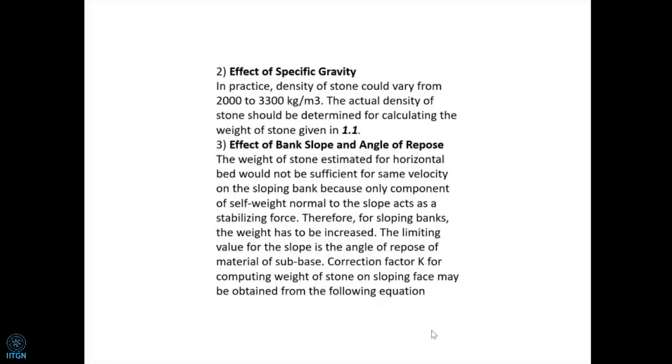Generally, we use granite stones because sandstones don't give you much longevity. The density is generally on the order of 2000 to 3000 kg per cubic meter, or you can say the specific gravity is 2.3 to 2.5, 2.8. That will be the range of the dry density of the stones generally selected for use. They are used on the slope because a bank is always a slope.